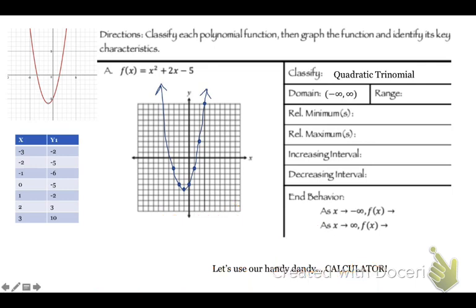So here, our domain, well, that's going forever in the left direction and forever in the right direction, so that's -infinity to +infinity. Now the range, that's going to be from -6 to infinity, because the lowest point, if we